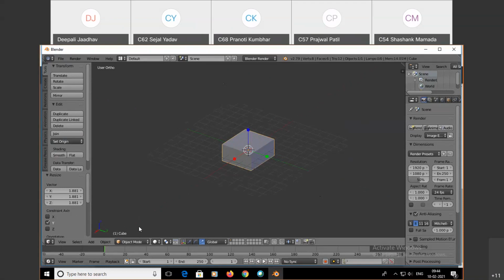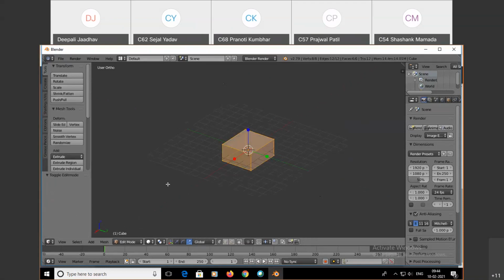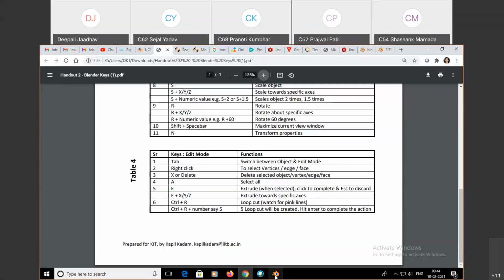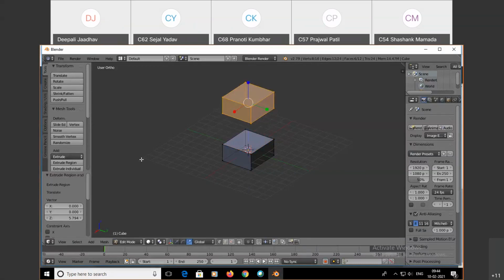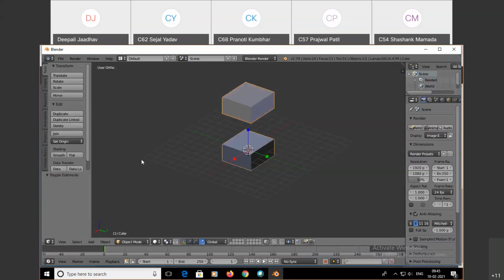So first I need to go to edit mode and I press E. Along with E, you can use the X, Y, Z directions. Now E and X, you can see here, in this way, two objects are generated.